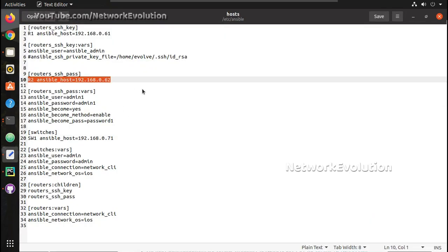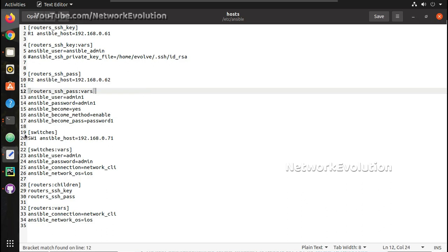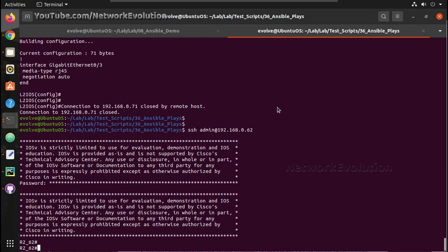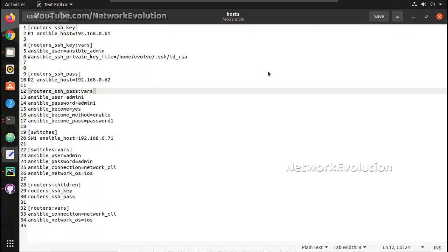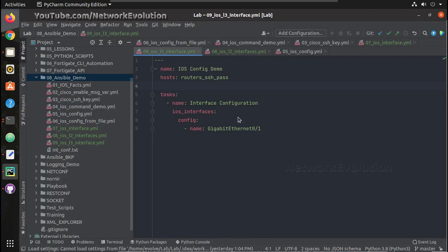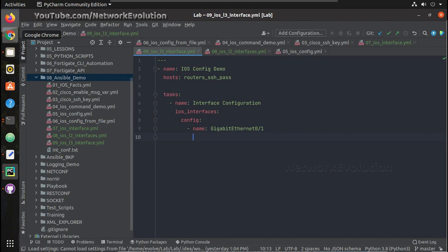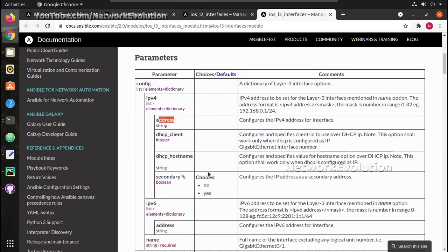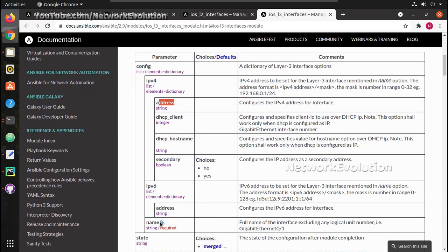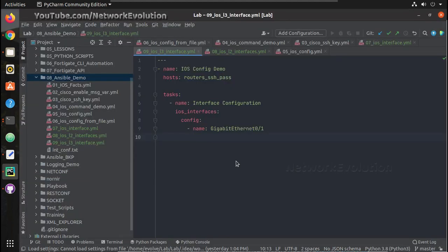R2 is the device which comes under that group, and I already have an SSH connection to this device. Now under configuration, we will see what options are available in L3. One is IPv4, and under that we can see options like address and name. Name we have already given here, it is a mandatory field, and now we need to give address.